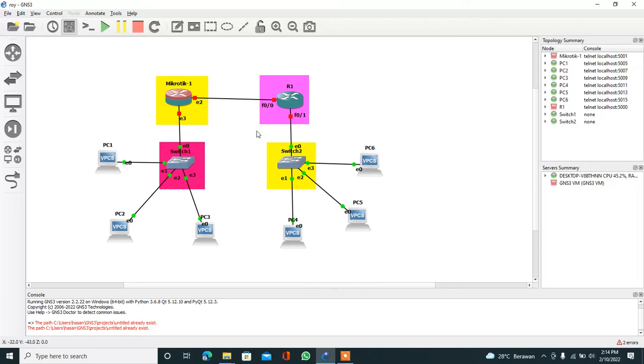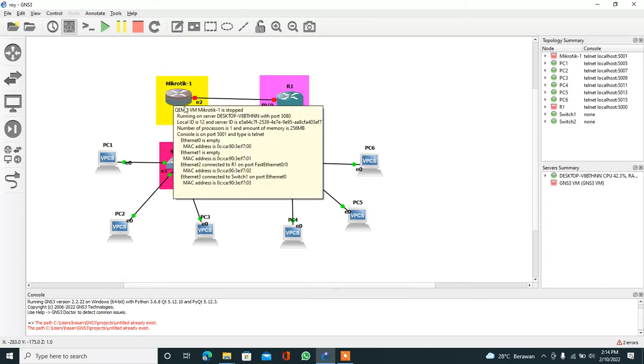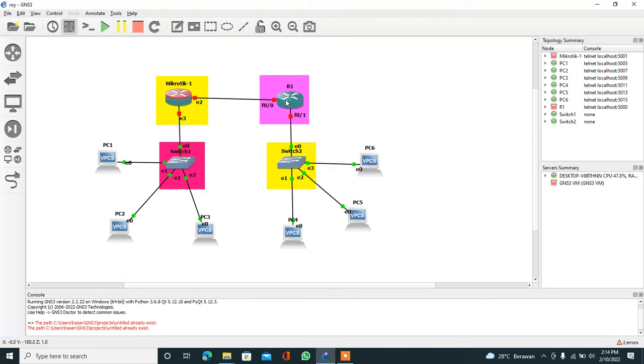This topology consists of two routers from different vendors. This one is from vendor MikroTik, this one is from vendor Cisco. And this topology consists of two switches and 6 PCs.